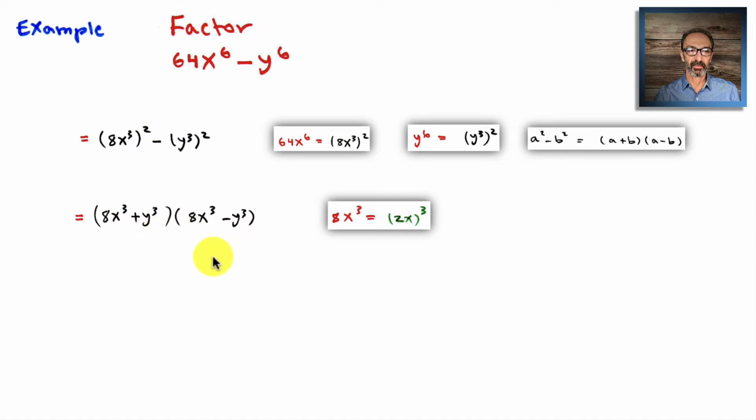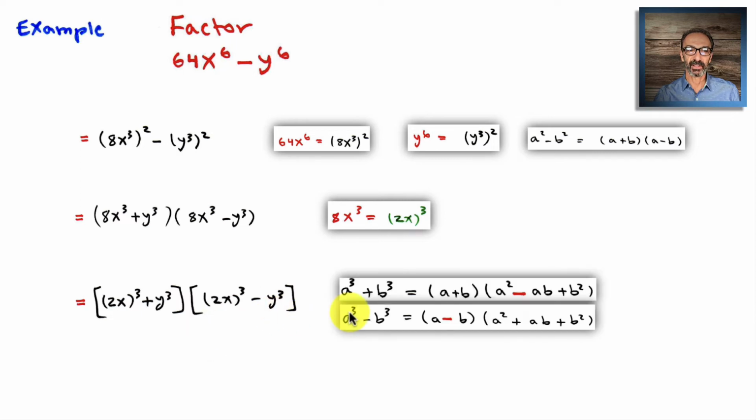So the problem turns now to a sum of two cubes and a difference of two cubes. The formulas are as follows. They look alike except the minus here for the minus, and the minus shows on the second part, first spot,